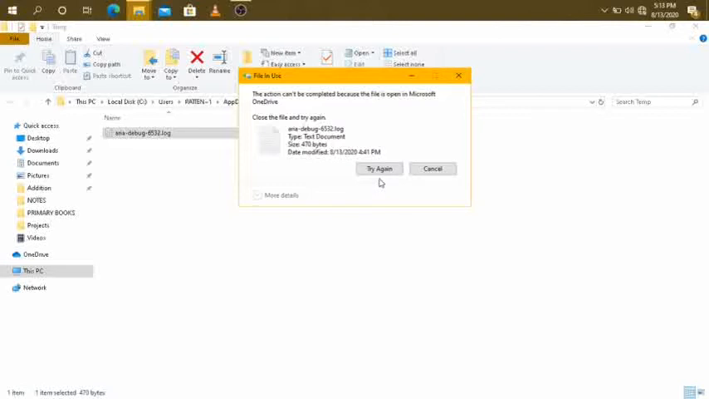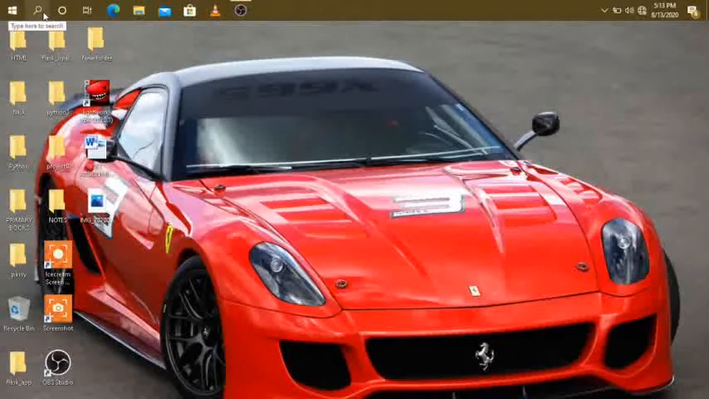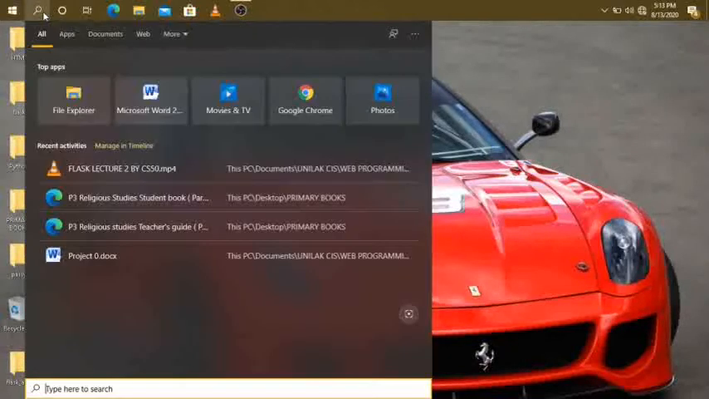But for you, you will see a lot of unused or unnecessary files in your temp folder, and then you will clean all of them. After cleaning all of them, you click on OK, then you close. Again, you come back to search. After coming to search, you will write run again,